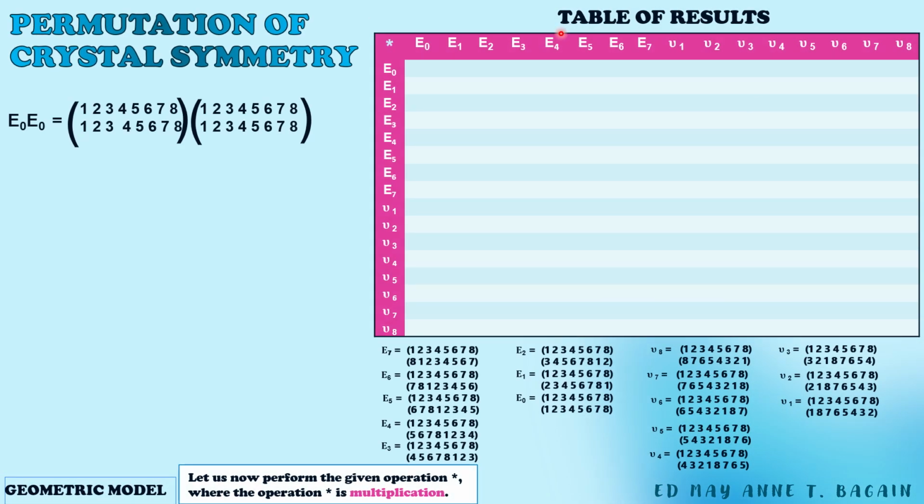the table. Or we can see here the table of results after doing everything here. So here, we have the letters or the movements from epsilon sub 0 to epsilon sub 7, from epsilon sub 1 to epsilon sub 8. So we will be multiplying the E, or epsilon sub 0, and epsilon sub 0. So what would be the movement? If we are doing nothing and times it to do nothing, the answer would be,